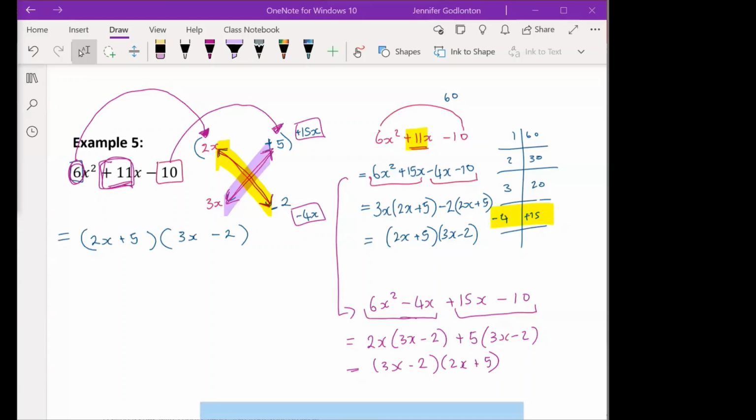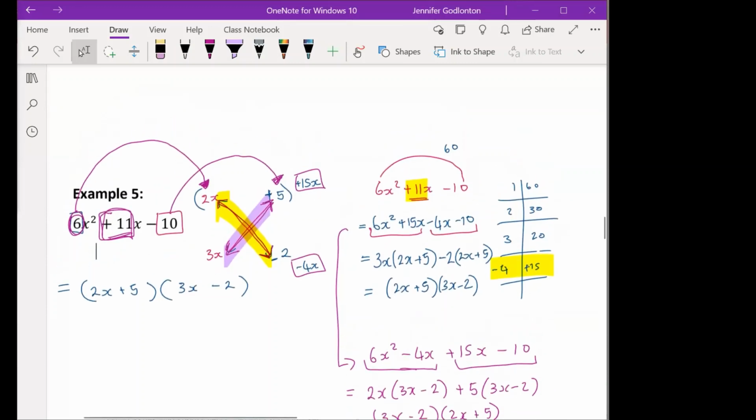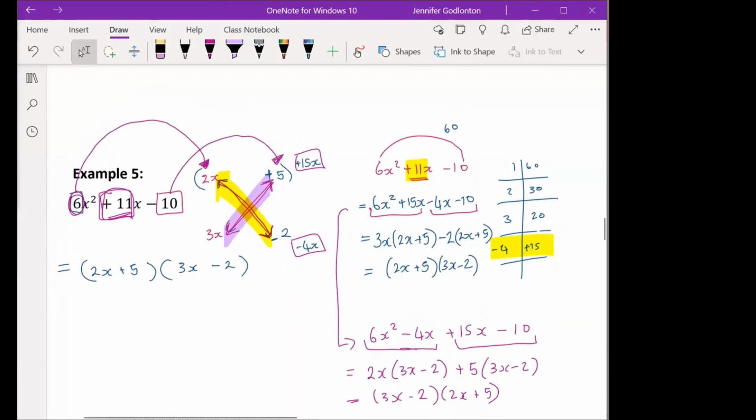Guys, I would like to give your brains a break with the puzzle, but I actually think it would be more beneficial for us to spend more time on these. So we're just going to carry on working with some factorization today, okay? Just because I think it's a big concept and I want you all to understand. It's okay if you're still confused.